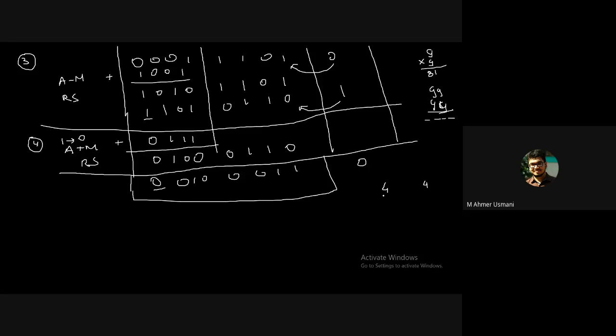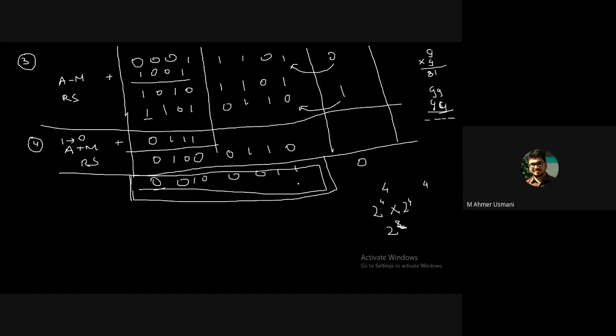Similarly, if I've got a 4-bit number, which is 2 raised to 4, into 2 raised to 4, I'll have to get 2 raised to 8, that is, an 8-bit number, it cannot be bigger than that. Is that clear? Yes, sir. So that is why we need to consider 8-bit as the output.